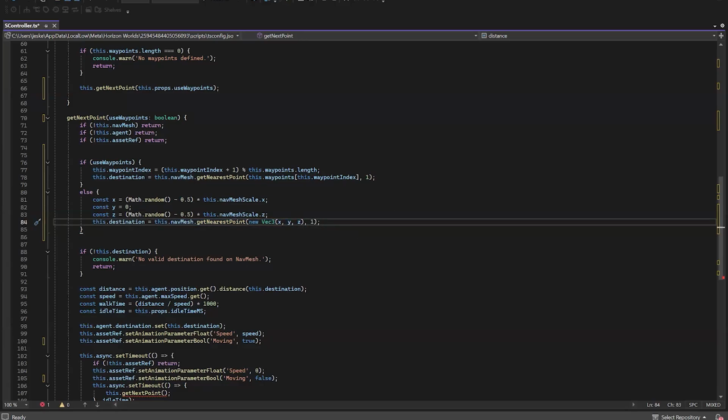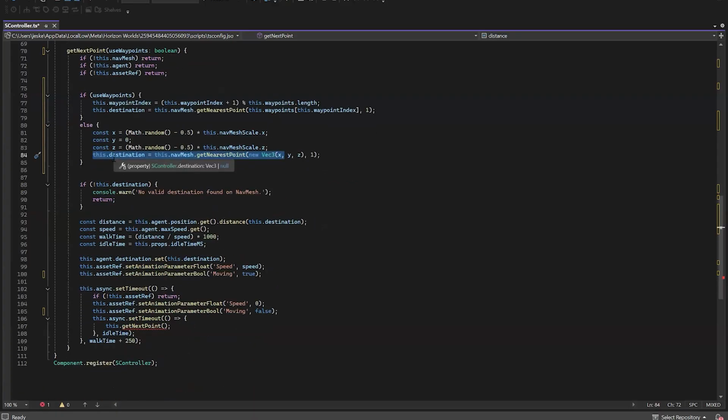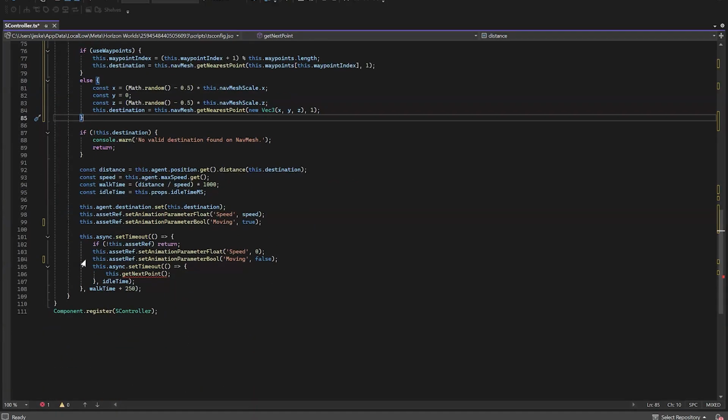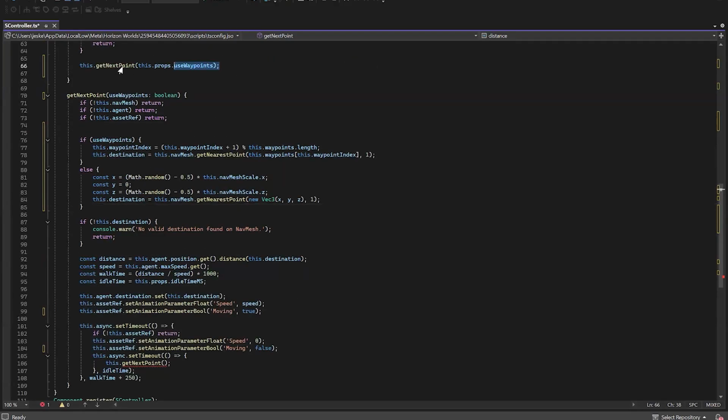Well, AI is really helping out today. So now we have our destination if it's a waypoint system, and we have our destination if it's a random system. Now we need to update our async function down here. And we're just going to do the same thing that we did up here. So I can just copy this